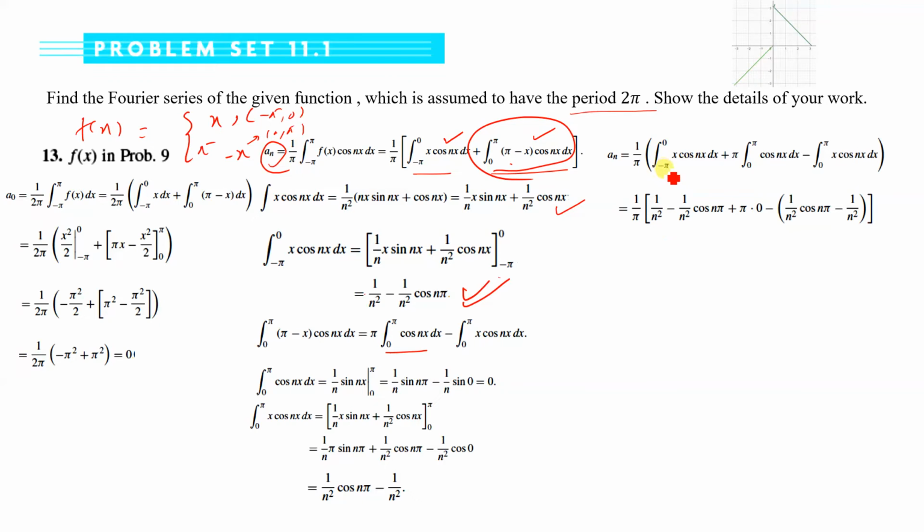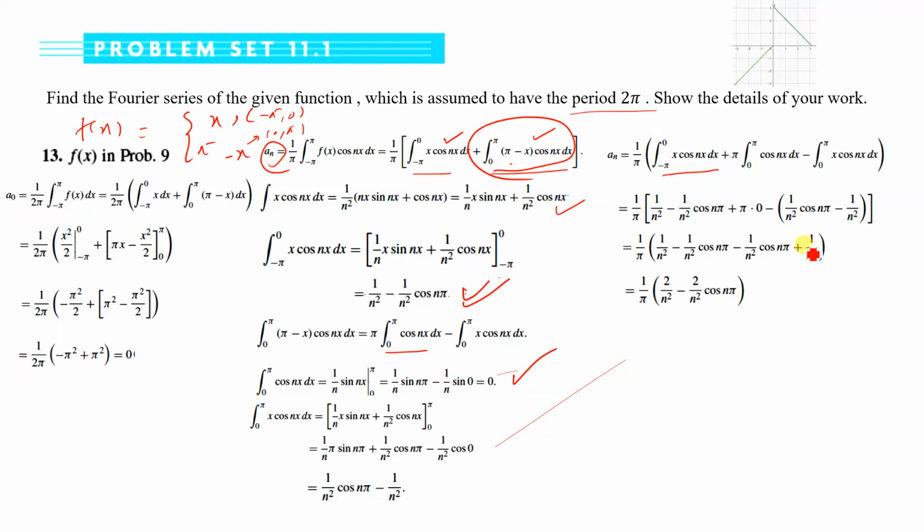So 1 over pi times the value of this integral, which is equal to 1 over n square minus 1 over n square cos n pi, plus pi times the integral, whose value is 0, so pi times 0, minus the integral of this. The value of this integral is 1 over n square cos n pi minus 1 over n square. So after simplification we have this, and ultimately we have this value, because 1 over n square minus 1 over n square